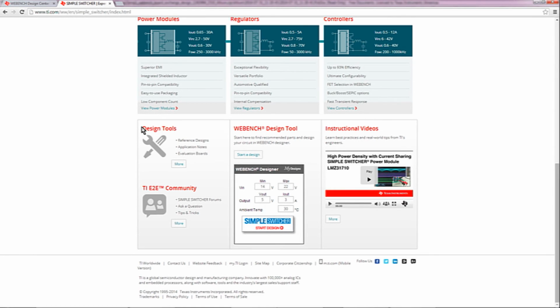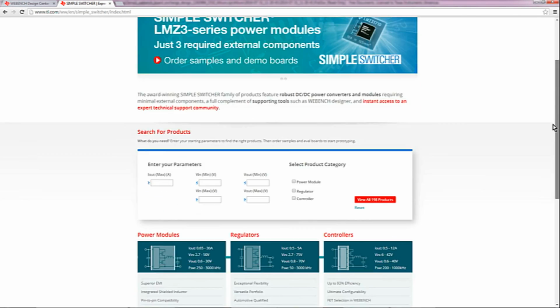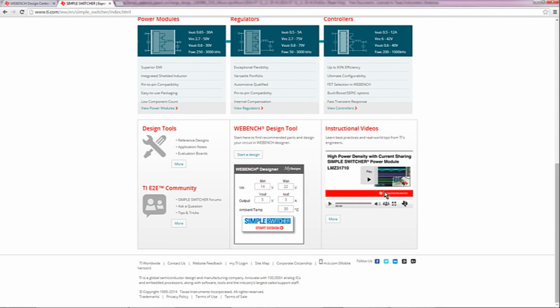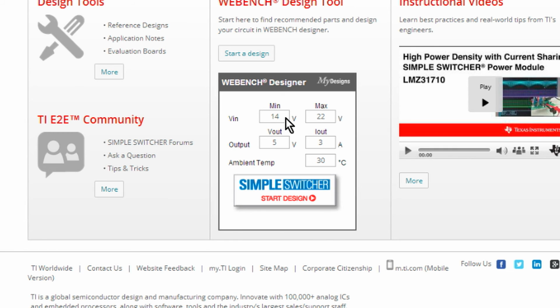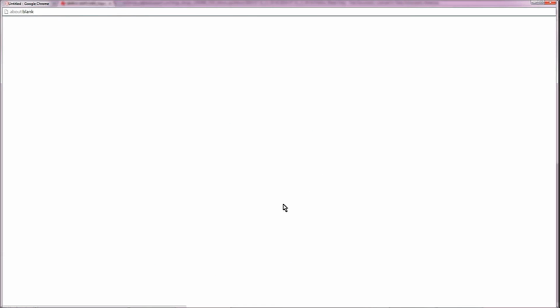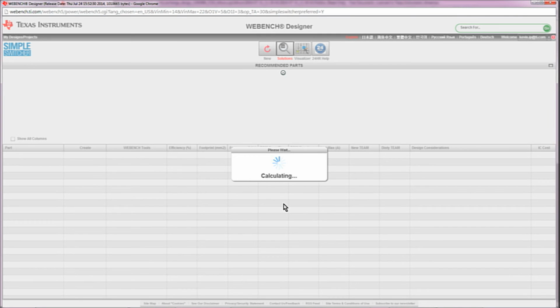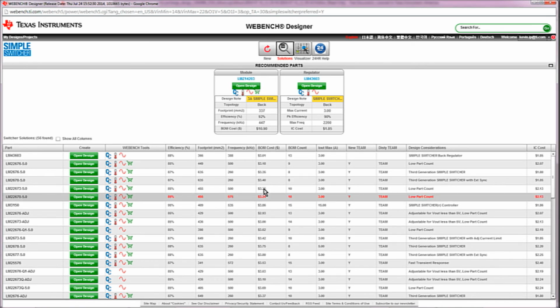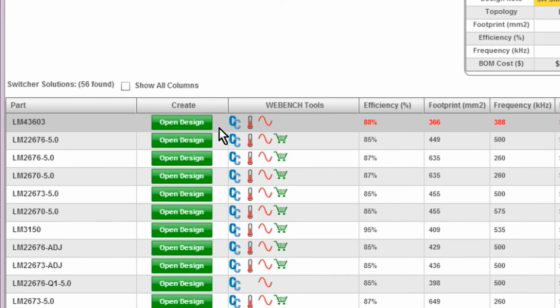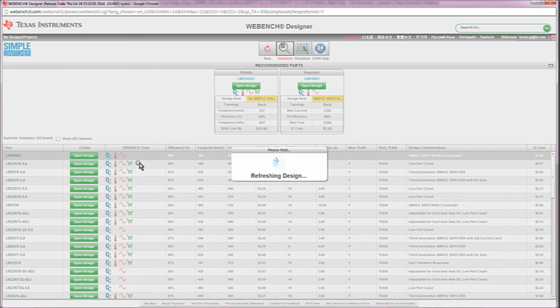I'm going to go to simpleswitcher.com. I find the WEBENCH panel near the bottom of the page, and I submit my new design requirements: 14 to 22 V in, 5 V out, at 3 amps output. I click on Start Design, and it launches WEBENCH. Here you can see the LM43603 design created at the top of the list. I click Open Design,